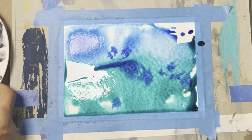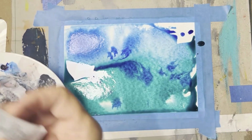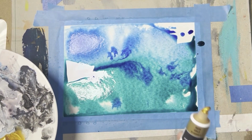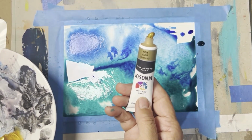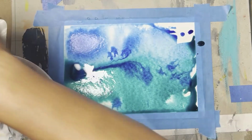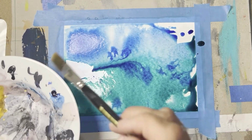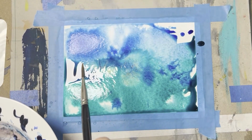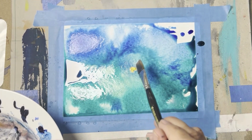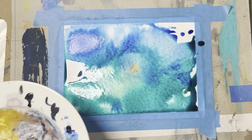I've just pre-mixed up some acrylic paint, but you can get inks that have a metallic finish to them or a pearlized one. So this is just Sonia's Fine Rich Gold, which I use. All I've done is I've diluted it because I actually want it to run and react with the paint. So let's have a look at what happens. Okay, yeah, you're going to get different things. It's a matter of exploring